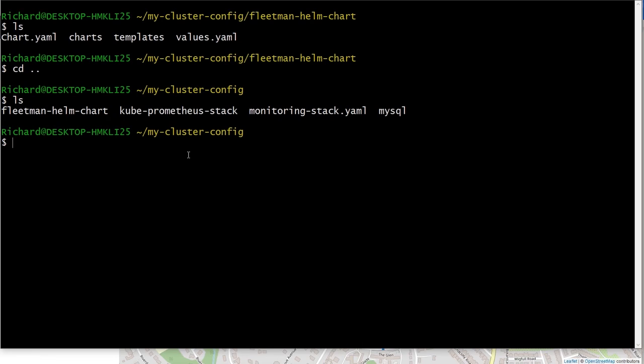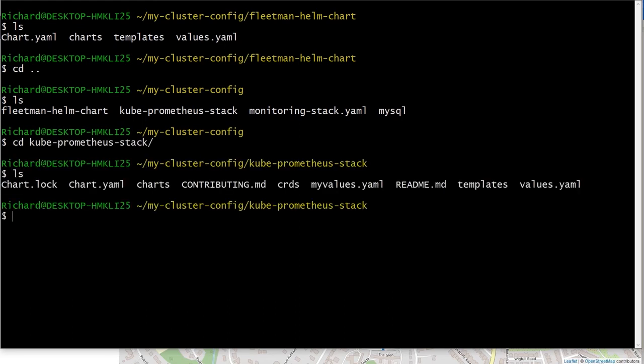Now, it's a big chart. There's no way you need to understand everything that's in there, but it would be quite nice to have a little bit of a poke around in there and see if there's anything we can learn from there. First thing is, it's pretty much the same structure as ours. There's a few extra files in there, but they're not really that exciting. To make things look better for the video, I'll open this up in the text editor.